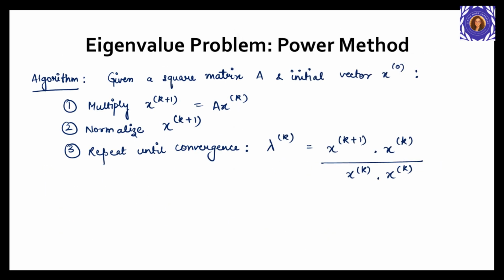Let's now switch gears and talk about eigenvalues, the secret sauce behind stability, vibration modes, facial recognition, and even Google's PageRank. The power method is a numerical way to estimate the dominant eigenvalue of a matrix, that is, the one with the largest magnitude. You start with a random vector and repeatedly multiply it by the matrix. Over time, it aligns itself with the direction of the dominant eigenvector. And from there, we can estimate the corresponding eigenvalue.